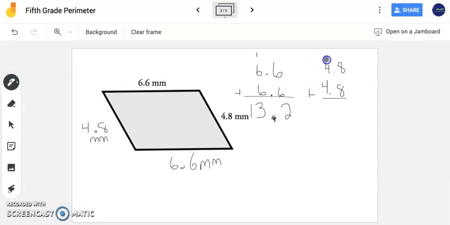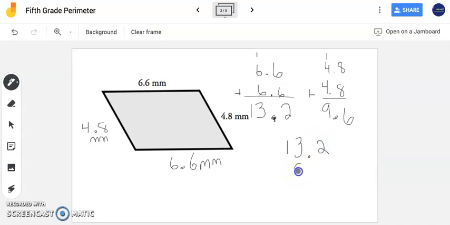Now I do 8 plus 8 is 16, and 4 plus 4 is 8 plus 1 is 9, and my last step, bring down my decimal point, giving me an answer of 9 and 6/10. Now my final step is let me add these two numbers together because I chose to break this up into